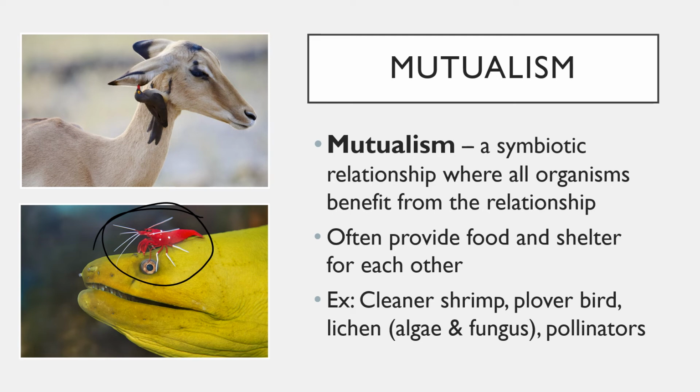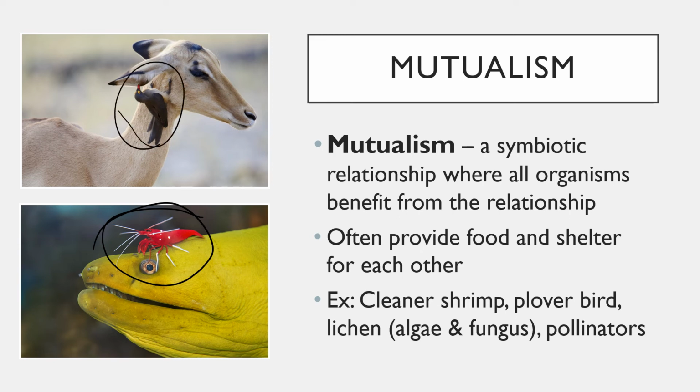The cleaner shrimp actually goes to many different animals in the ocean and will go inside its mouth and clean off really bad parasites and bugs. It'll clean its skin and all of that to keep the animal healthy. And the cleaner shrimp gets a meal out of it. So it gets to eat, and the moray eel gets to be clean and healthy. So the moray eel doesn't want to eat the shrimp because then it would chase all the shrimp off and not get that benefit. So they've learned to live together in a mutualistic relationship.